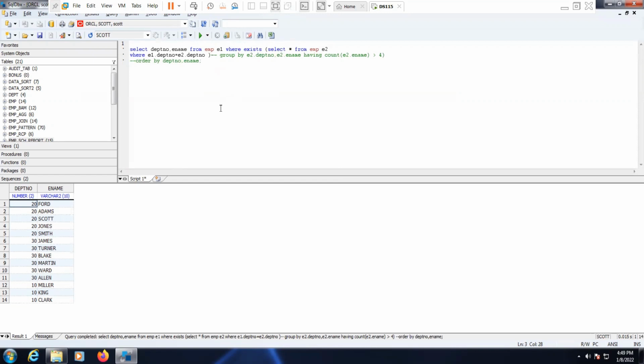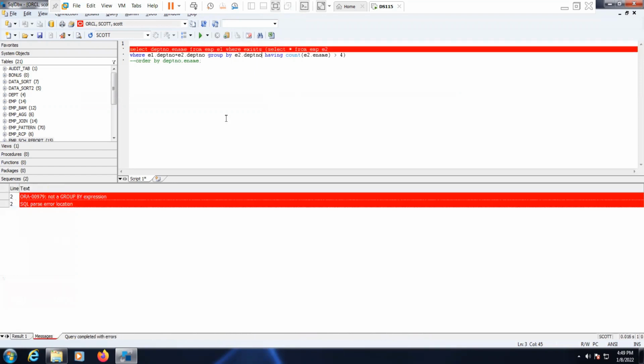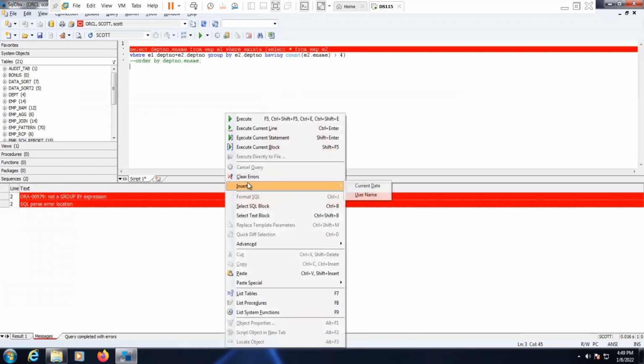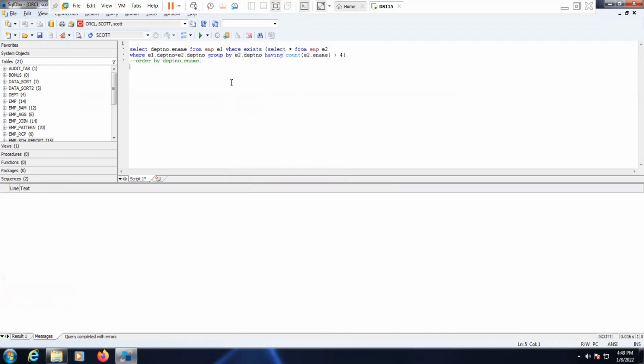Group by E2 is equal to group by E1. We are comparing with the department number having count greater than 4.